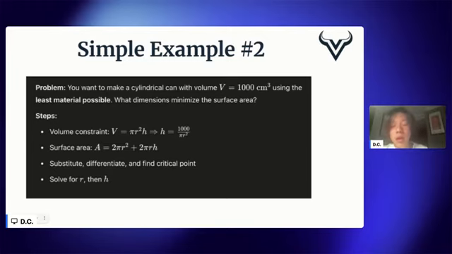And then the surface area is 2 pi r squared plus 2 pi r h for a cylinder. It's the two circles on the top and bottom, and then we use the middle as a rectangle. If you're interested, you can search it up. It's probably given if you're doing the problem, and I don't think it is that hard. And then what we do now is we substitute 1,000 over pi r squared in for h,